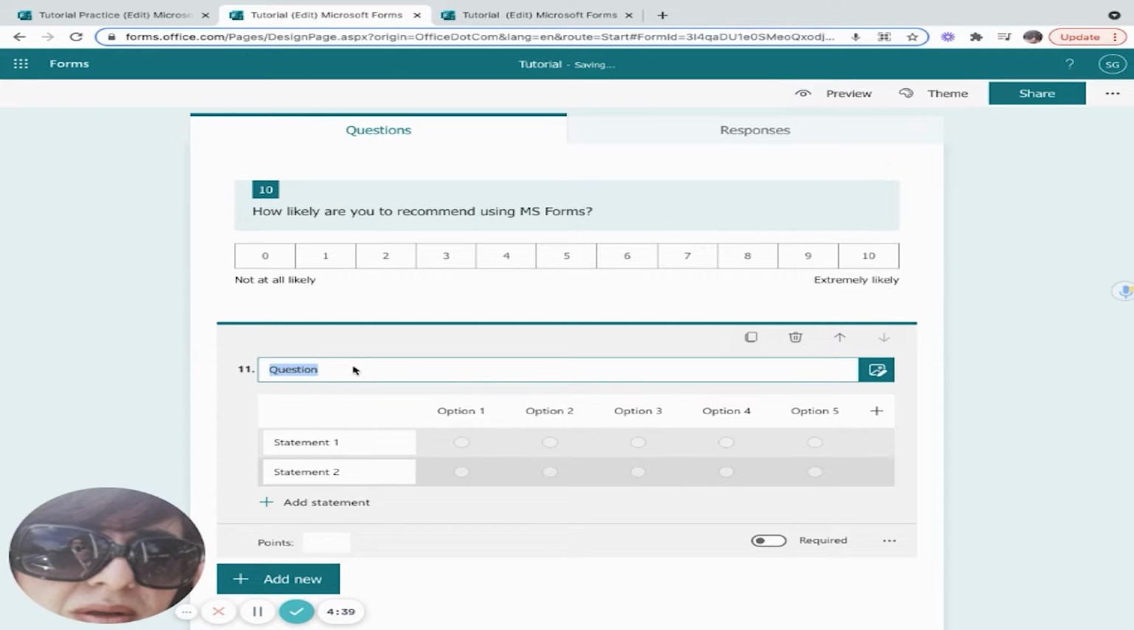You just have rows and columns. And for this one, I just decided to go with a language arts question. So I'm going to use it as a peer review. You can be creative. I mean, you can have the statements be I can statements, and these can be agree, strongly agree. You can also have